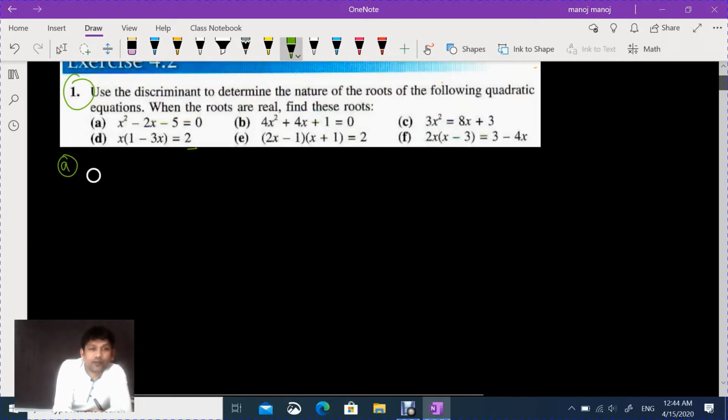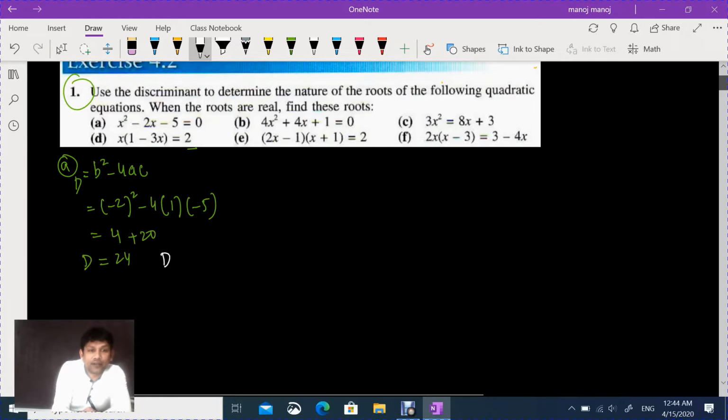Okay, I want to use the discriminant, meaning b squared minus 4ac. When I find this D, b is minus 2, minus 4, a is 1 and c is minus 5. So 4 and minus is plus 20, and it's coming 24. So when it's coming 24, what will I write? I will write D is coming more than 0. When D is more than 0, what will I write? Roots are real, two distinct